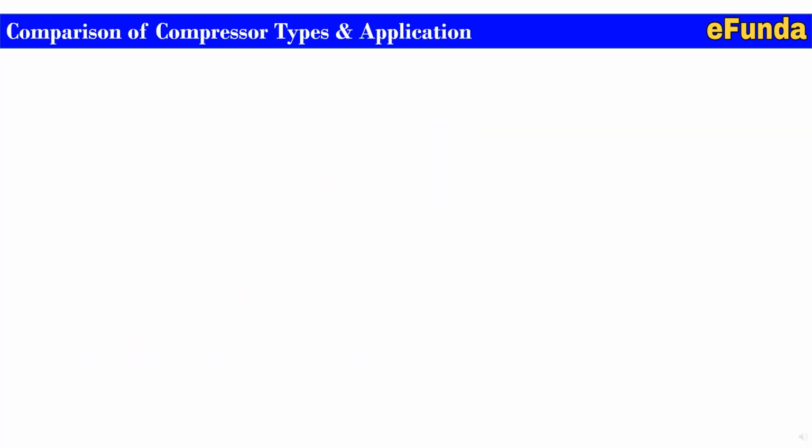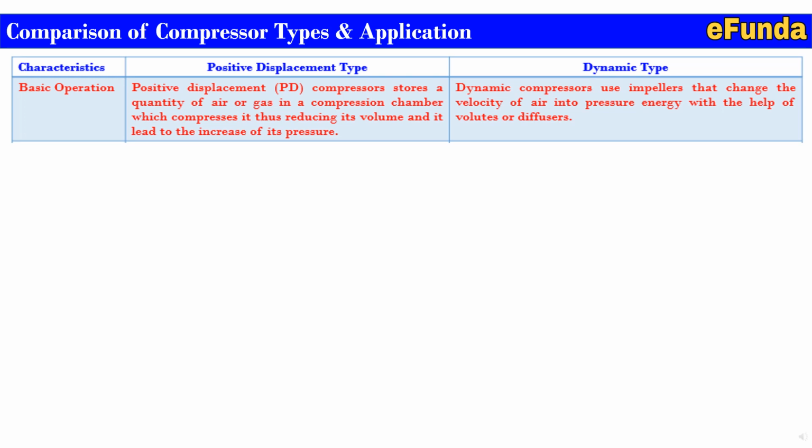Now moving on to the comparison of compressor types and their applications. Here we will see the main difference between the positive displacement type compressor and the dynamic type compressor along with their characteristics, and try to understand the operation, working and requirements of the compressor from an engineering point of view. First characteristic is the basic operation. Positive displacement, that is PD compressor, stores a quantity of air or gas in a compression chamber which compresses it, thus reduces its volume and leads to the increase of its